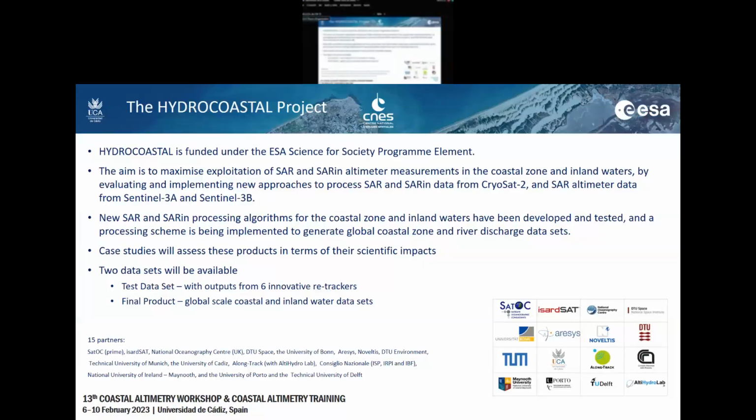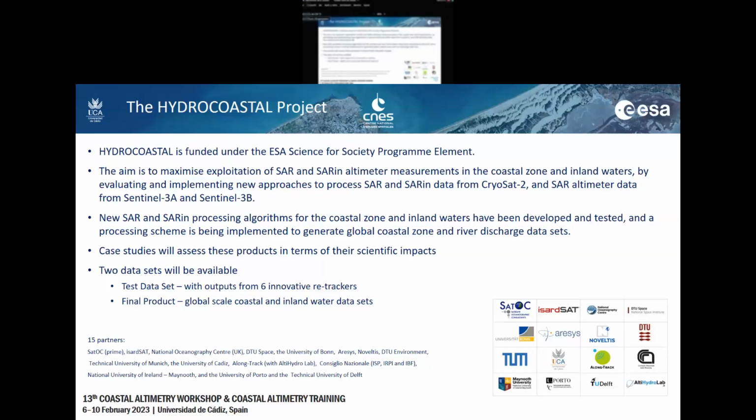So Hydrocoastal, funded by ESA under the Science with Society programme. The idea is to look at the junction between a coastal zone and inland waters, and to look at new approaches to processing SAR and SARIn data at that junction from CryoSat-2 and Sentinel-3A and 3B. So looking at new processing algorithms, seeing if we can generate as continuous a data set as possible, joining together